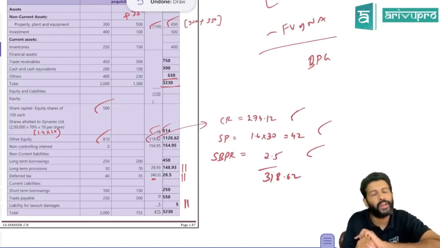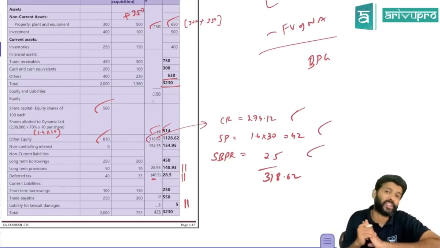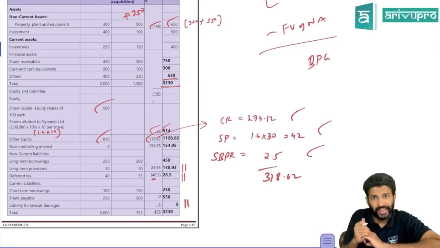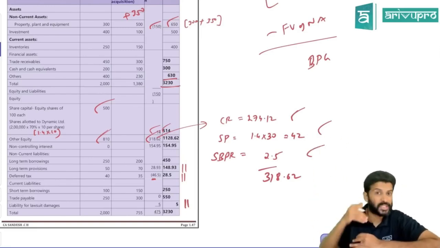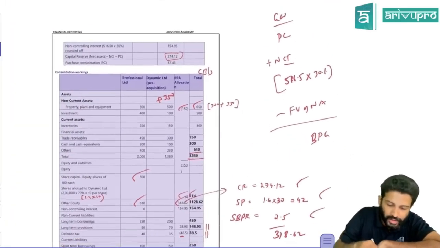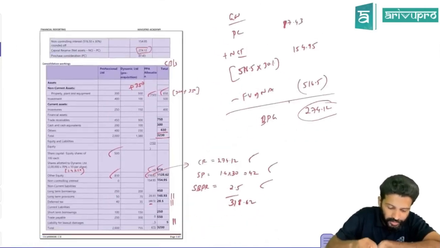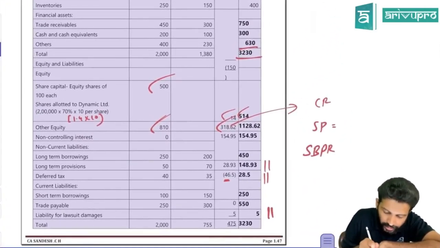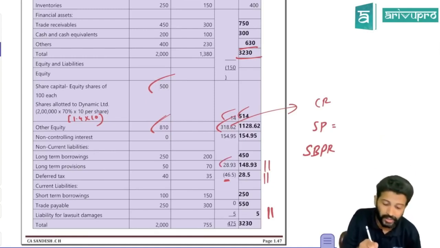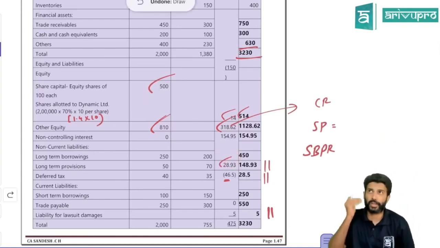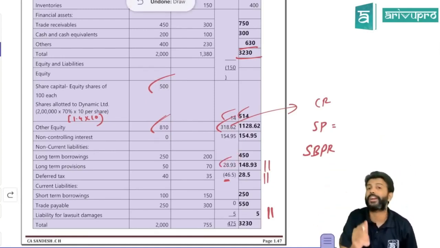That is one. Okay, and then you issued some deferred consideration. Deferred consideration means have you already given or you're yet to give? Yet to give. That means you just made a provision. How much? I think you considered that in PC somewhere. Where is the PC? I think here only. I'll take it up from here. 28.93. That's what you considered in PC. This is your deferred consideration because right now you have made a provision. You'll settle this later, so do not forget to take this.